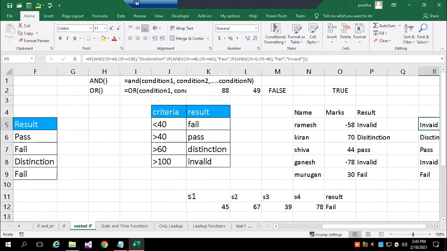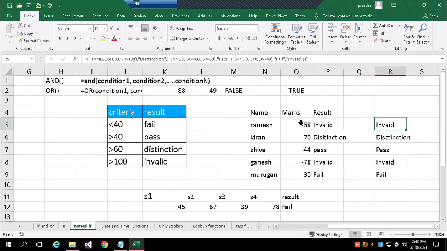I wanted to get, if the student is below 40, a valid mark, but below 40 means I should get fail. When it is below 0 or above 100 marks, it is invalid. When the student gets 1 up to 40, it is a valid mark, but the student is fail.